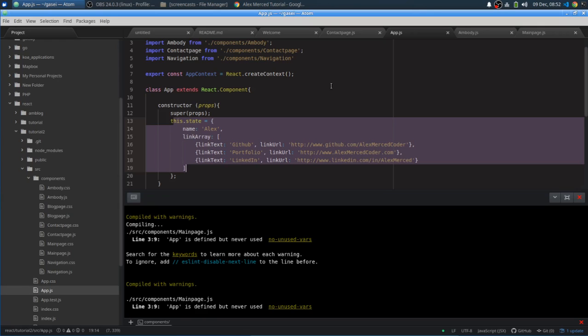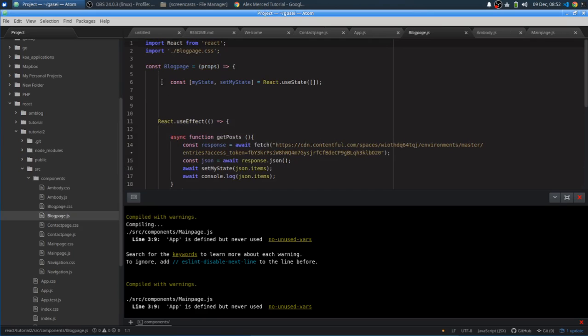although I don't have an example right now, because the one time we did use lifecycle functions, which was in our blog page function. This was originally a class function. If you go back to the earlier videos, it has been turned into a hook, and that's what we're here to talk about, hooks. So the idea is, what if I don't want to use blog page as a class component? I want to use it as a